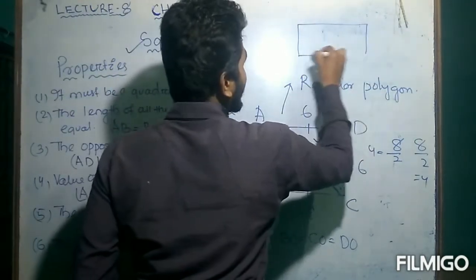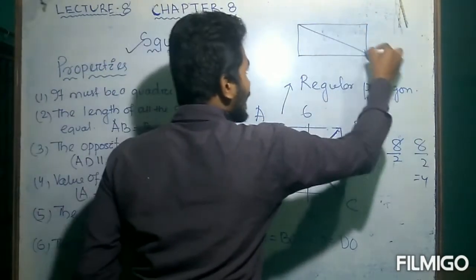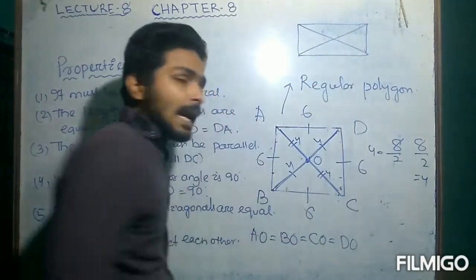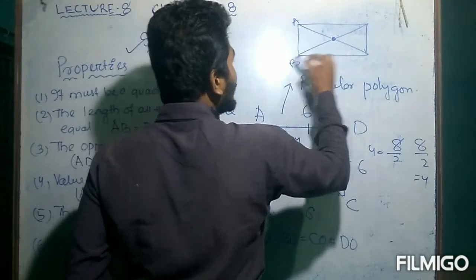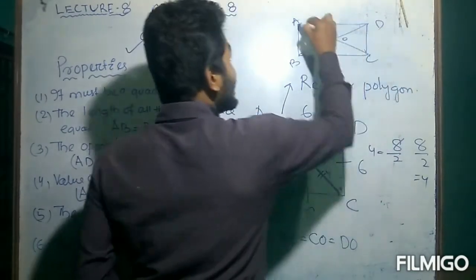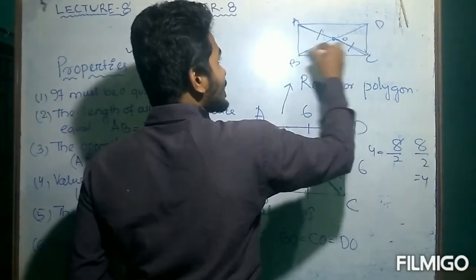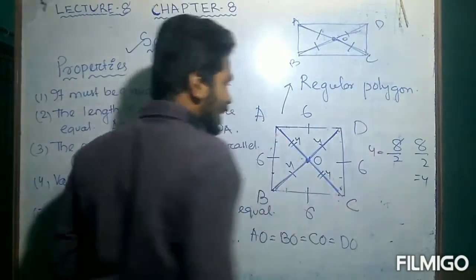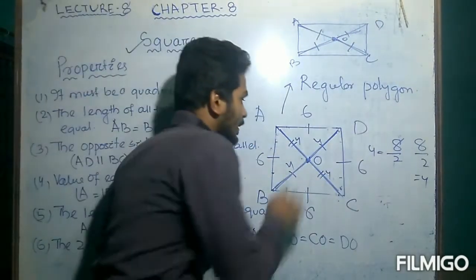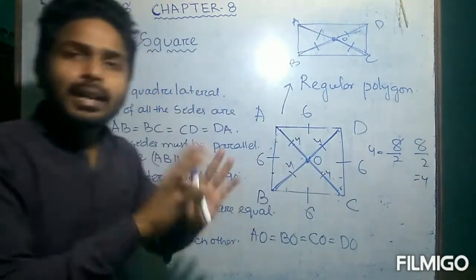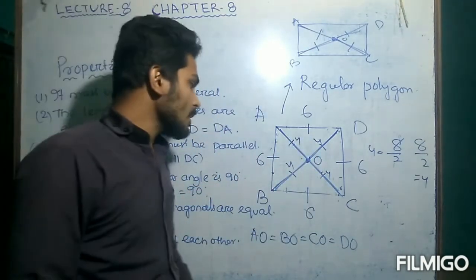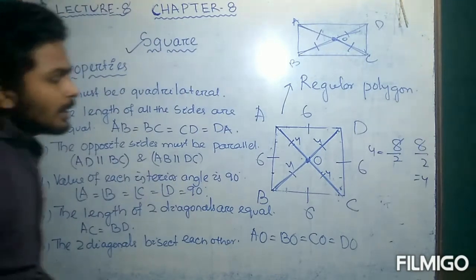In case of a rectangle, we have also discussed the same thing. The two diagonals are of the same length and they also bisect each other. And here also what have we concluded? We have concluded that this distance is equal to this distance is equal to this distance is equal to this distance. The same case applies here. Here also all the halves of each diagonal are equal. Okay, this is the sixth property.